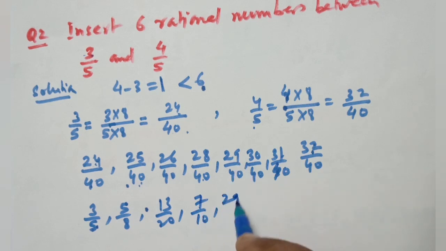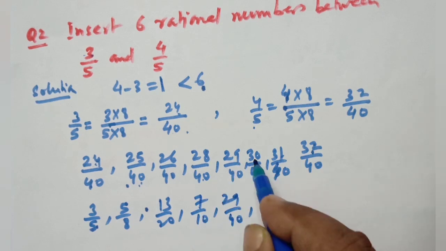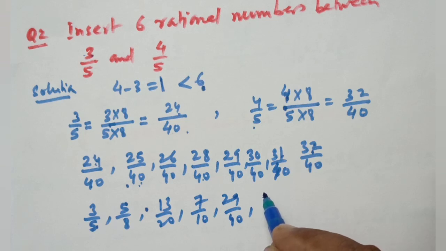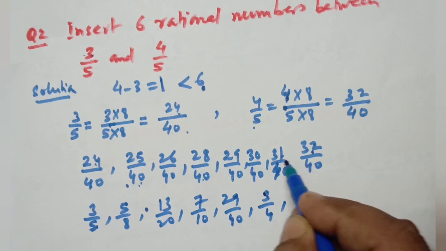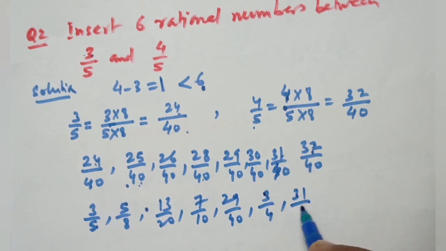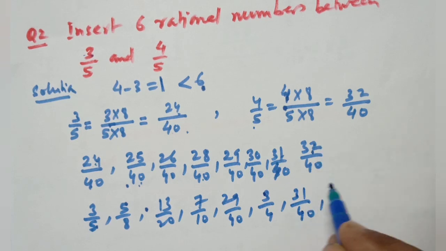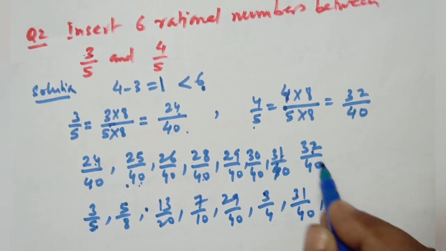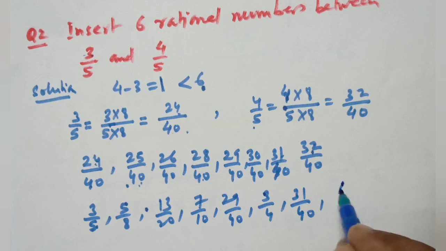This is already in simplest form. 30 by 40, if you cancel by 10, this becomes 3 by 4. 31 by 40, no common factor. And then 32 by 40, you divide by 8. Both cancel by 8, so it becomes 4 by 5. So these are the given numbers, and 1, 2, 3, 4, 5, 6, we got these 6 numbers between the